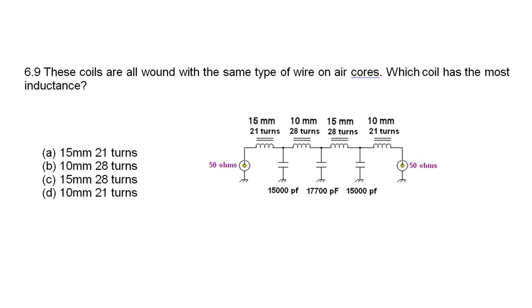Question 6.9. These coils, or inductors, are all wound with the same type of wire on air cores. So they all have the same core and the same wire. Which coil has the most inductance? Well, the larger the diameter of a coil, an inductor, the more the inductance, and the more turns, the greater the inductance. So it's going to have to be the 28 turn inductor,